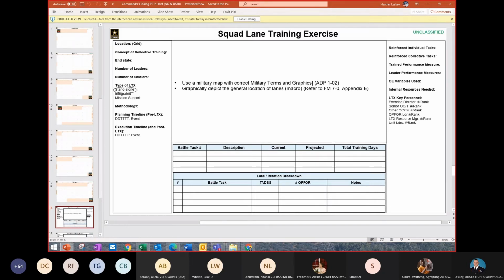So you're going to do a CONOP, or a concept of the operation, on your STX, your situational training exercise, and input all the information in here you need. So it should have grid coordinate, training concept, in state, number of leaders in your platoon, number of soldiers in your platoon,